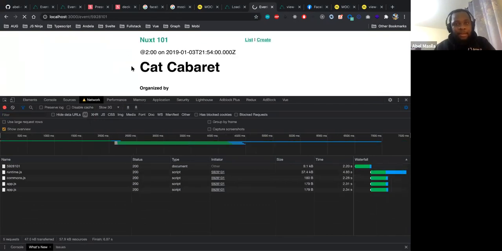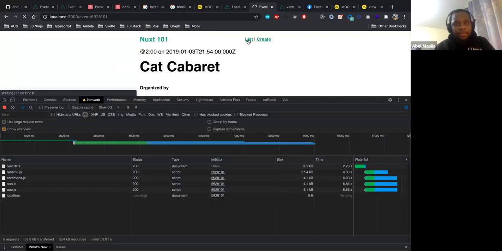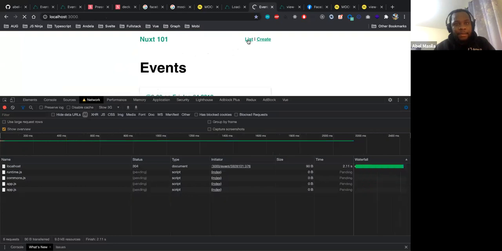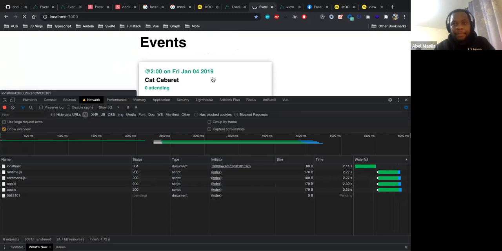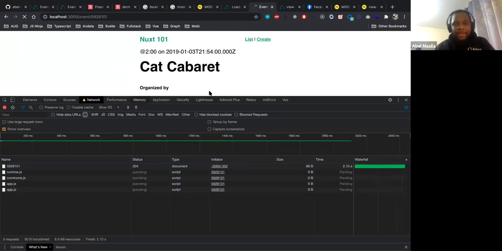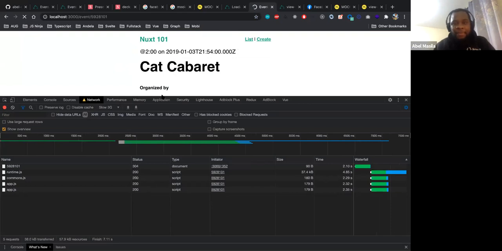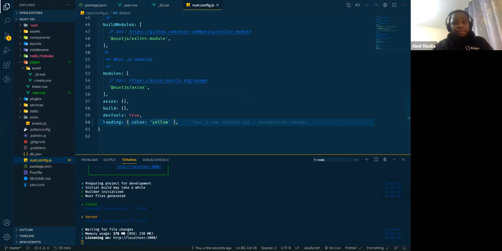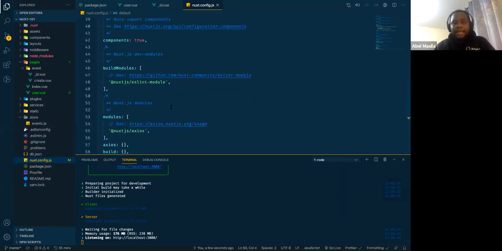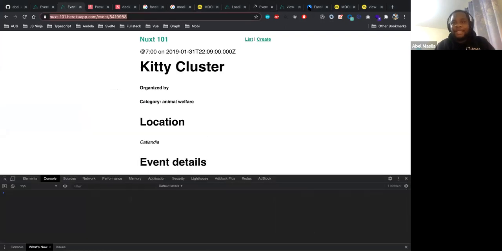Still loading. Let me go home. And then I select a specific event. It's doing this very fast. You cannot see it. It's just supposed to be brighter. Let me give it a brighter color like red. But you see, it's already given to you for free by Next.js. It has got all the batteries for you to do the stuff you want to do.